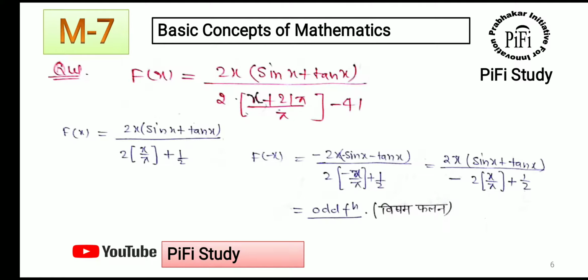We have to keep in mind sometimes that when we replace x with -x, we do not immediately get the answer in one step. So we do some kind of arrangement, solve one or two steps, so that we try that our fx either gets a negative sign outside or comes out as the same fx. Then we can easily find out whether the given function fx is even or odd. Sometimes we will find that it is very easy to figure out the negative sign from outside the function, but sometimes it is hard. So do one or two steps more and you will get it. And the problems asked in the exam are really very easy. So if you do one or two steps further, then you will reach your answer in a good manner.